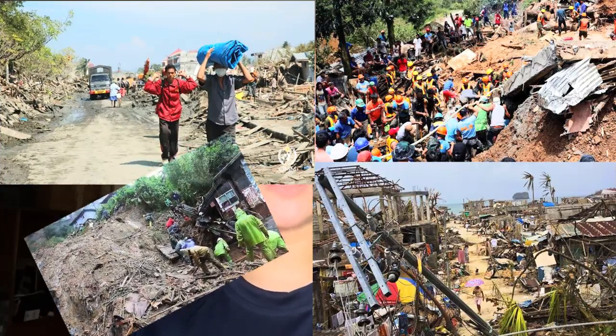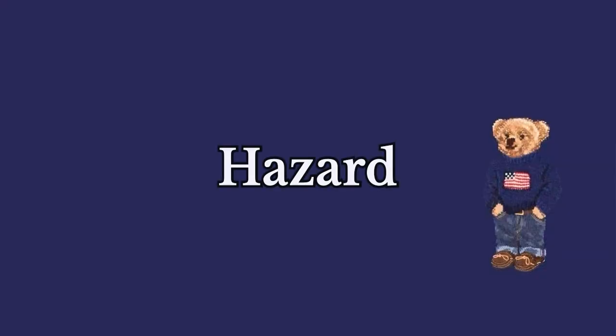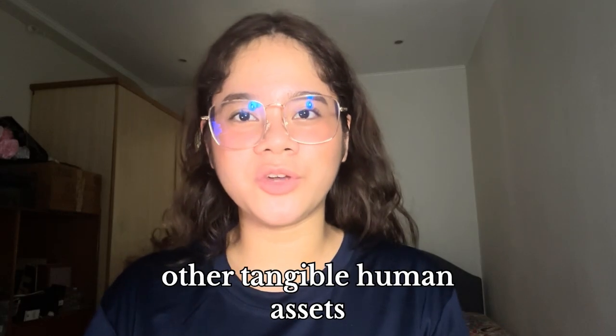First, disaster: a serious disruption of the functioning of a community or society involving widespread human, material, economic, or environmental losses and impacts. Next, hazard: a potentially damaging physical event, phenomenon, or human activity that may cause loss of life or injury. Third, exposure: the situation of people, infrastructure, housing, production, capacities, and other tangible human assets located in hazard-prone areas. Lastly, vulnerability: the conditions determined by physical, social, economic, and environmental factors which increase the susceptibility of a community to